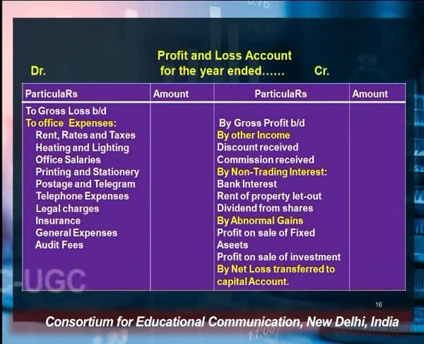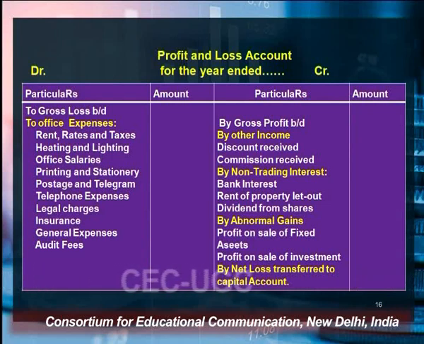This profit is brought down from the previous account, that is the trading account. If there is a gross profit which is calculated in the trading account, that has to be transferred to the next account, that is the profit and loss account. So if there is a gross profit, that has to be shown on the credit side, or if there is a gross loss, that has to be shown on the debit side. So either of these two will appear, either a gross profit or a gross loss